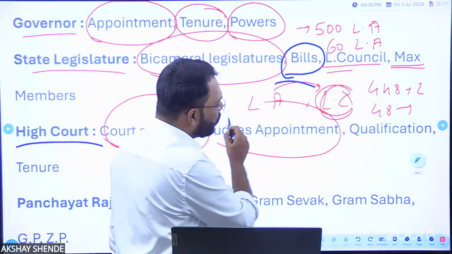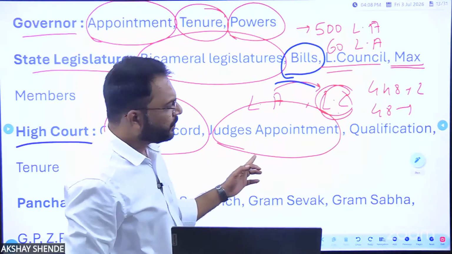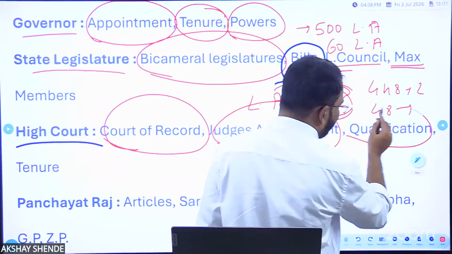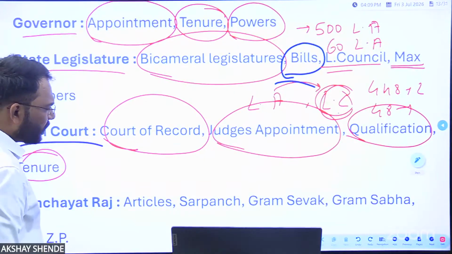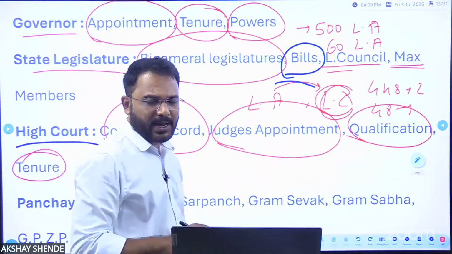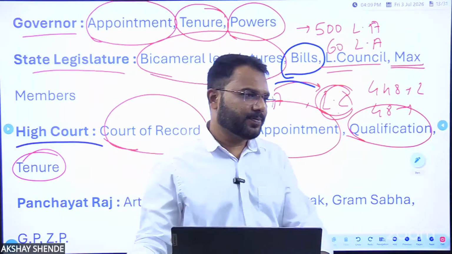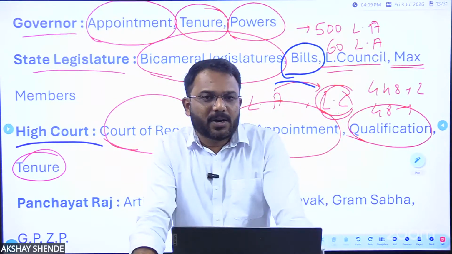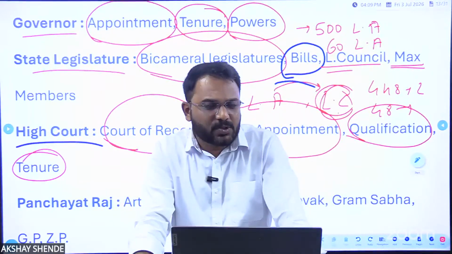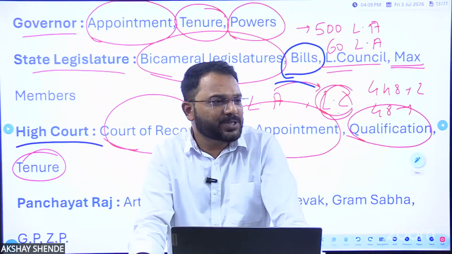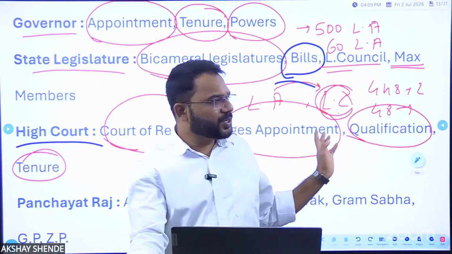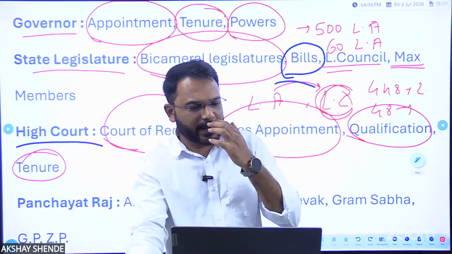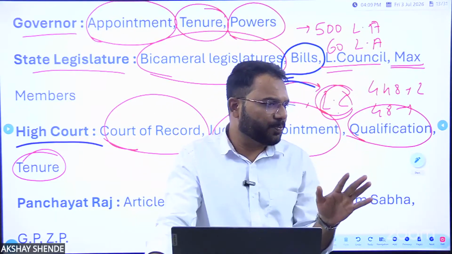Judges appointment. Who appoints the judge of a high court? What are the qualifications of the judge? Okay, what is the tenure? All this sort of questions has been asked in this chapter. Okay, but again I am reminding you, in Supreme Court they have asked you how many questions and for how many topics, maybe 2 or 3, but here I have mentioned you 4 topics. That means there are around 5 to 6 topics.